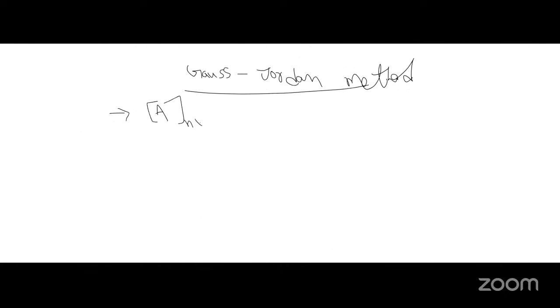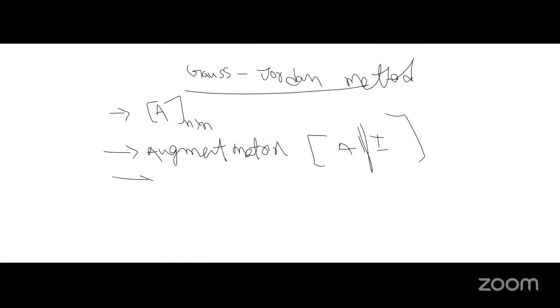That is the first step. Okay, so we are writing the augmented matrix, that we can write as A mod I. Okay, next. So using elementary row operations,